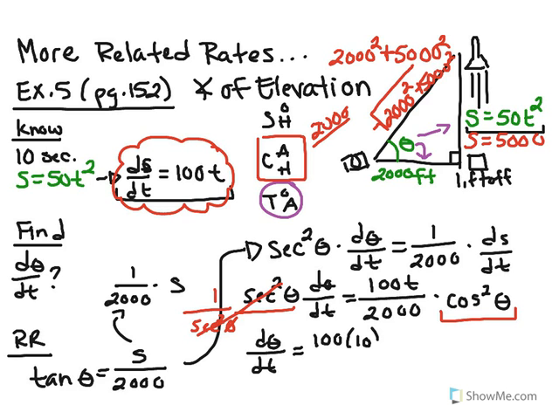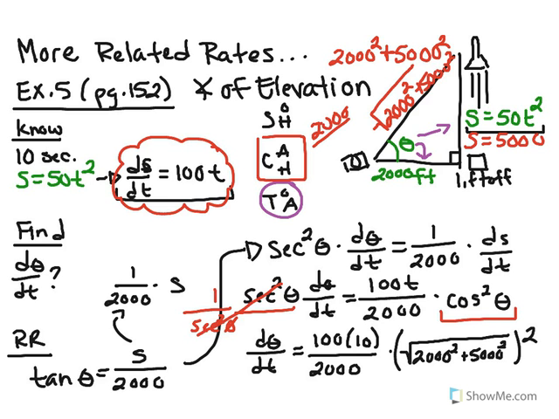I'm going to go ahead and substitute that in there, all over 2,000 times, and this is where I'm going to put the square root business, which is the square root of 2,000 squared plus 5,000 squared, and this whole thing is squared. So that's why I left it under a radical, because the square root and the square are going to cancel each other out. And when we calculate all of this out,